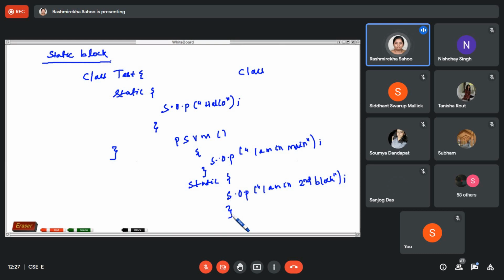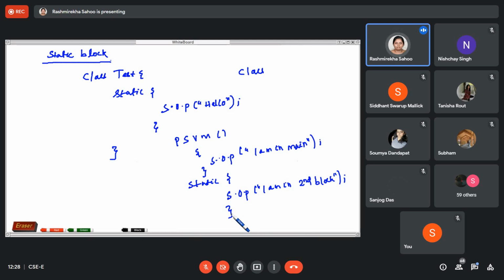In that case, we can define that code inside the static block. Also, you can use static blocks to initialize the static members. So these are the uses of static block.